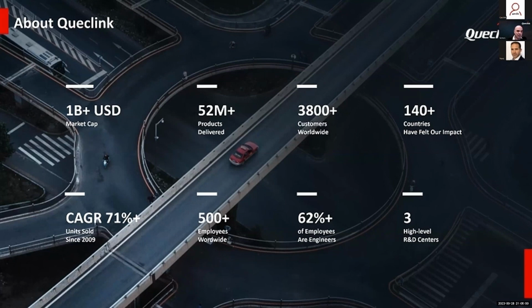62% of our 500 plus employee force are engineers. And I believe that's indicative of our company's drive and focus to create and engineer the best products for you, our customers. And then finally, I've always said in all my years of telematics, which is a long time now, the mark of a good company is what it spends on research and development. Queclink have